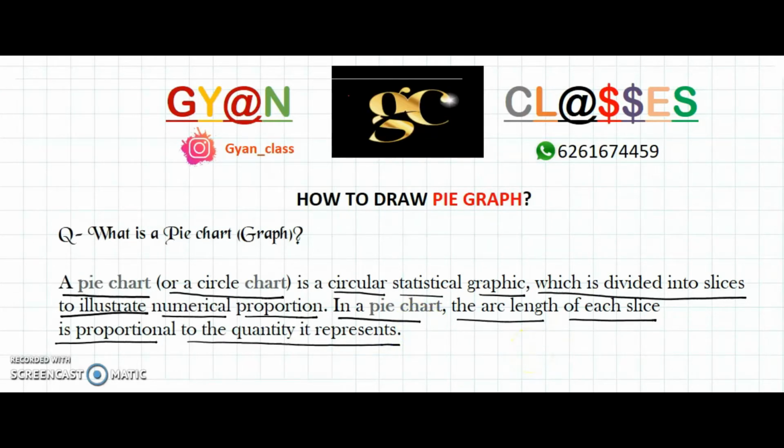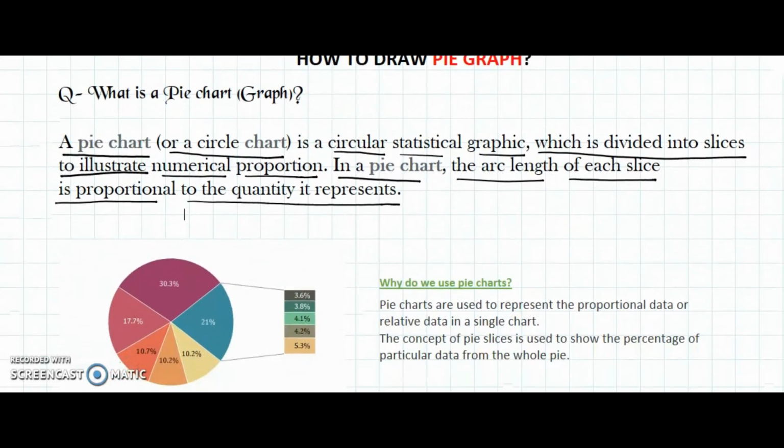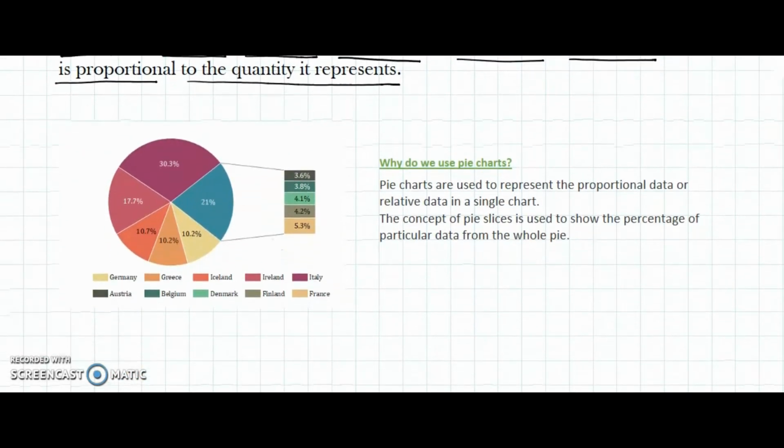Well, let us understand the next thing on the screen. How does the pie chart look? You can see on the screen a diagram I have drawn which represents how the pie chart looks. Proportions are given. You can see one full circle in which different percentages are given: 30.3%, 17.7, 10.7, 10.2 and again 10.2, and 21%. Total is 100% as usual. So this is the way the pie chart is represented and how it looks.